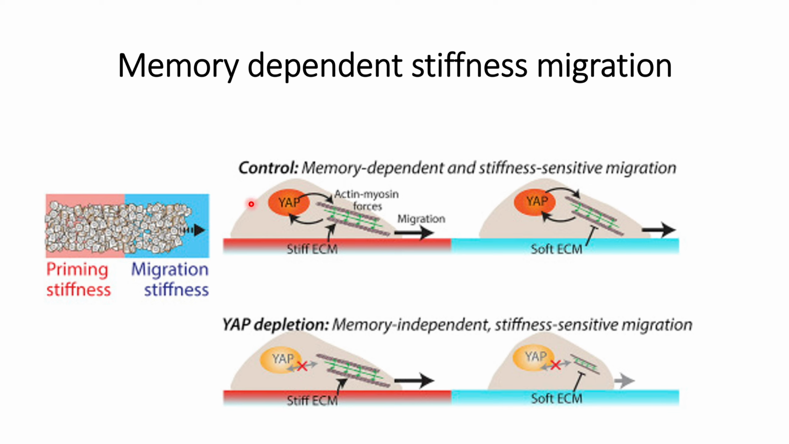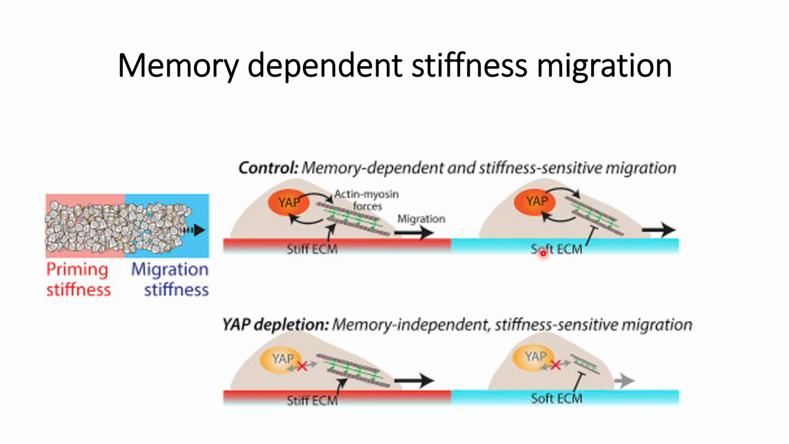What they found is that in their control case, the memory dependent stiffness continues to exist. This has been shown in examples where they exposed the cells to a stiff extracellular matrix, and there they observed that the cell acquires its migration characteristics using actin myosin forces, which is regulated by YAP. And when they change the extracellular matrix to a soft ECM, a soft extracellular matrix,